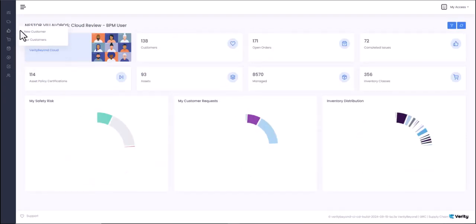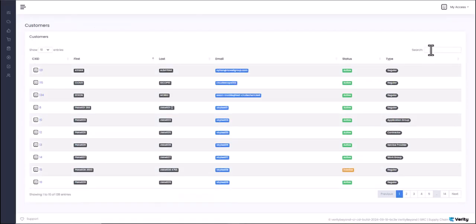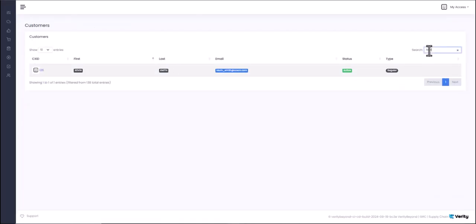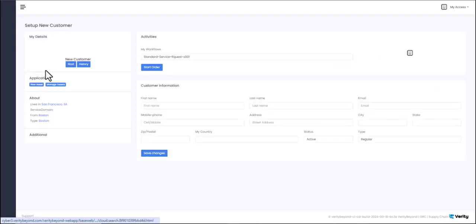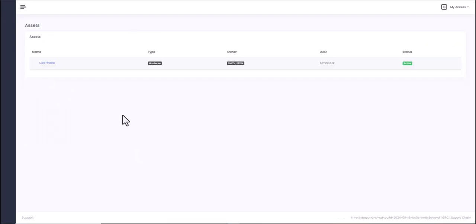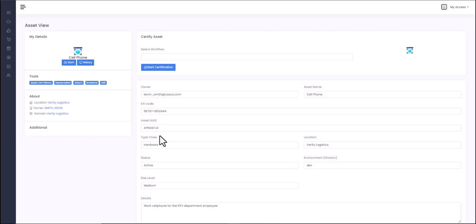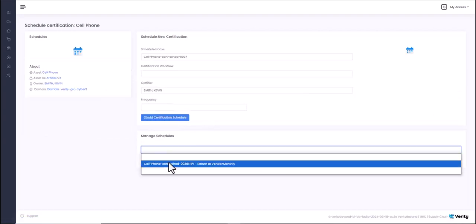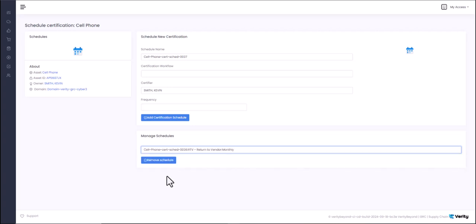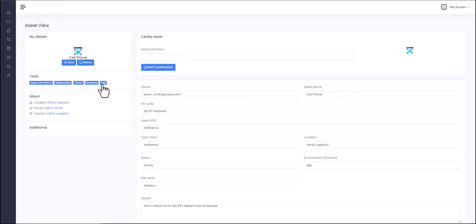Again, we go into customers to go back, Kevin, click on his ID, manage assets, click on the cell phone, the schedule. We can see that we have a new schedule attached to it. We can remove it. Let's go back. We can edit